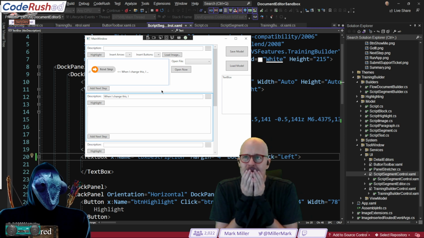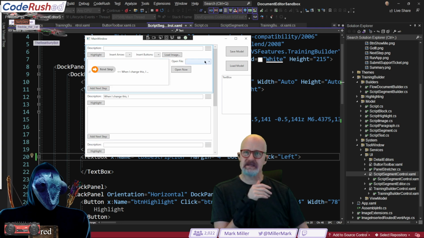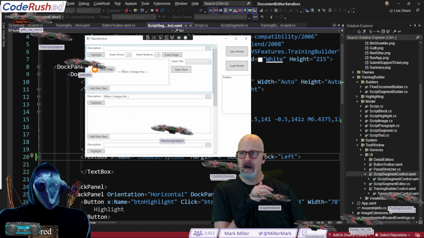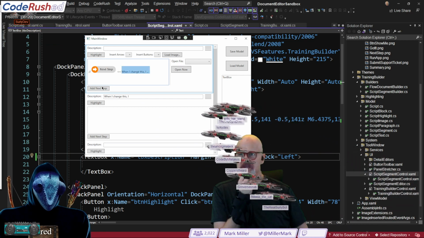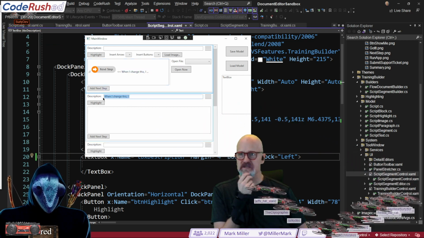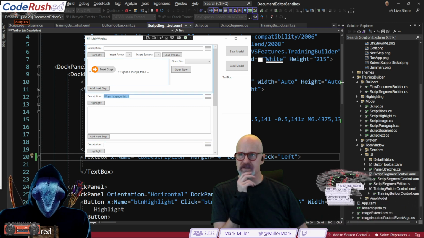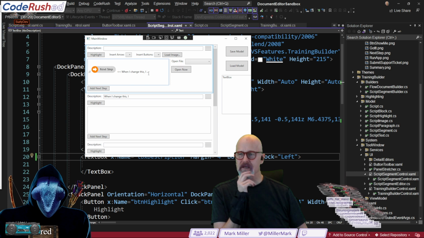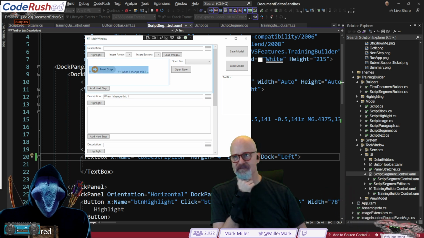And I think this is not going to be something I'm going to do in 10 minutes. I'm going to have to figure this out, think about how I want to connect these two together. Part of the reason is that when I drag these up and down and change the order, I want these to change automatically. So the next step, whatever this description is, this next step piece up here is going to say what it is.